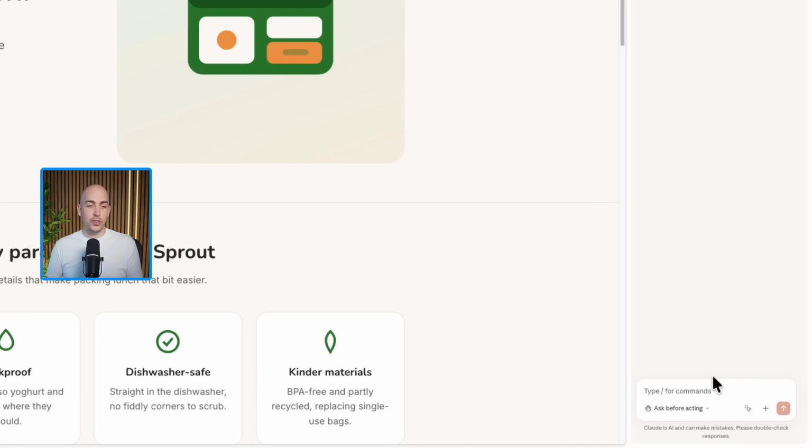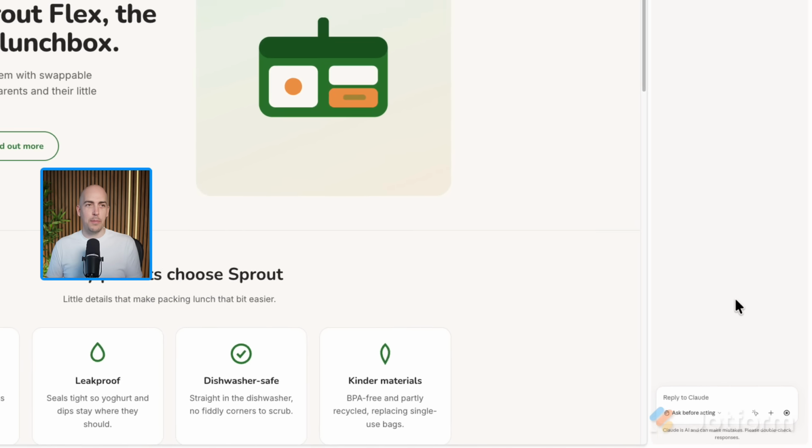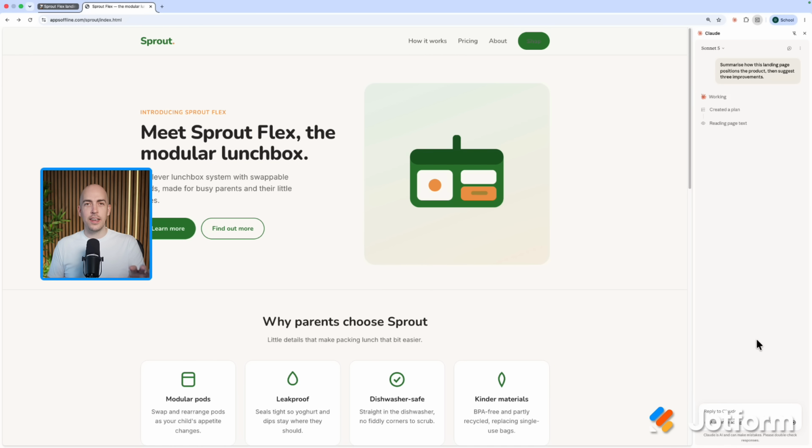And just like with Claude Chat, I'm going to click in the chat box at the bottom here, type in my prompt that says summarize how this landing page positions the product, then suggest 3 improvements. I'm going to click the submit button like normal, and Claude is going to get to work. You should be aware that if you're using Claude in Chrome, it can access web pages and do things on your behalf. So it will usually give you a plan and ask you to approve it like this. It's telling me that it's going to read the content, identify key elements, and then summarize the positioning. I'm going to approve that plan, and it will get to work in this side panel and give me the